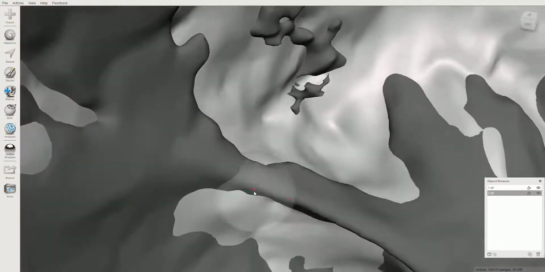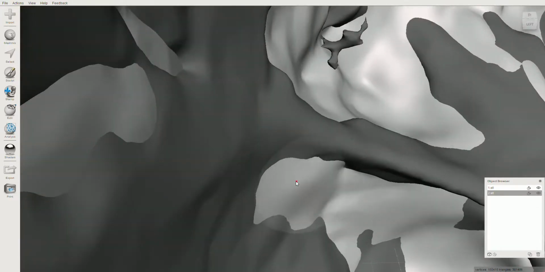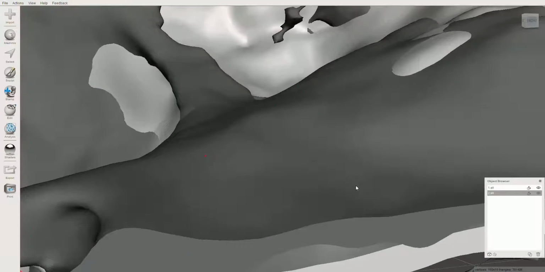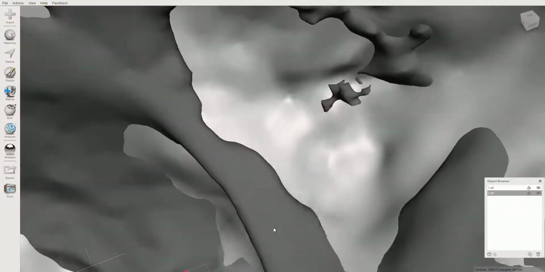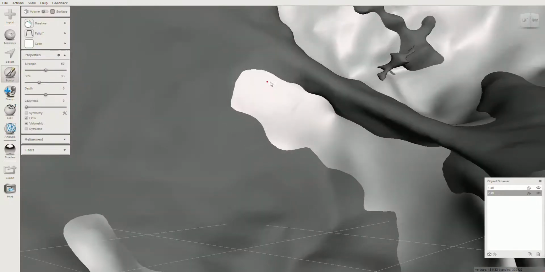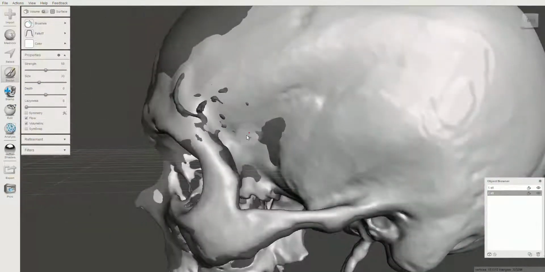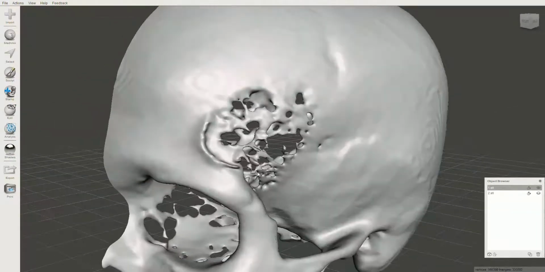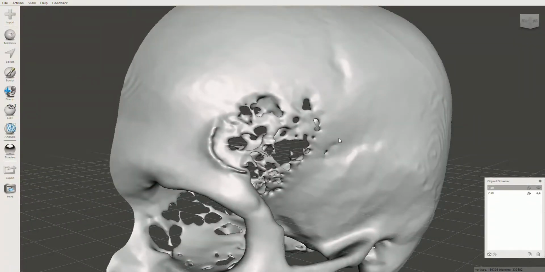Let's see the inside. Let's try to flatten. Okay, now